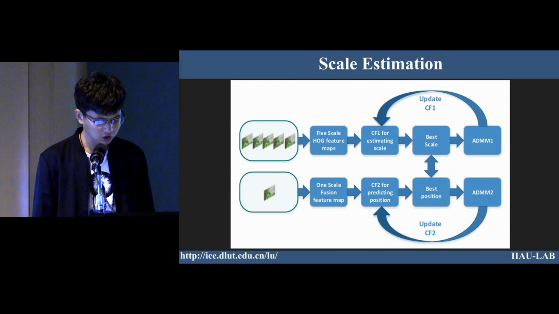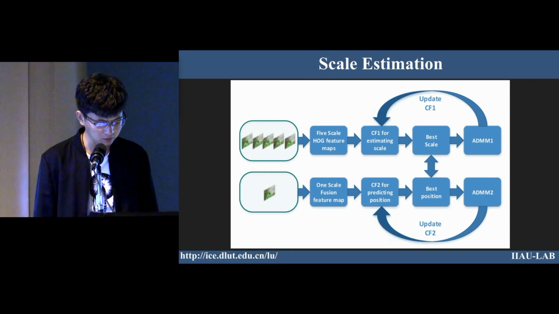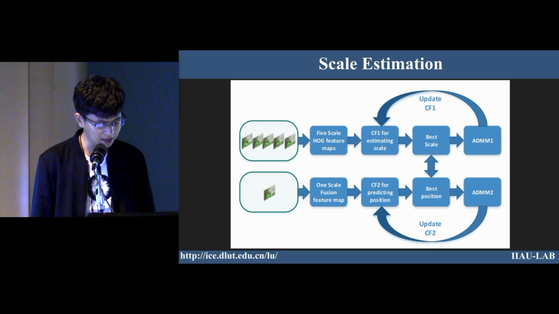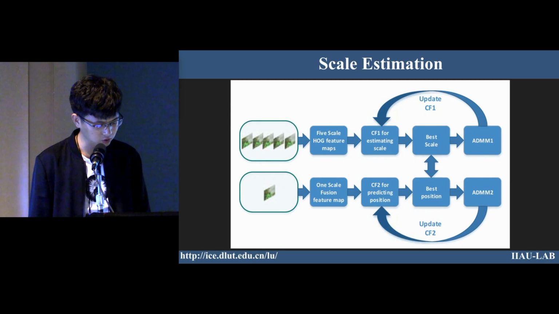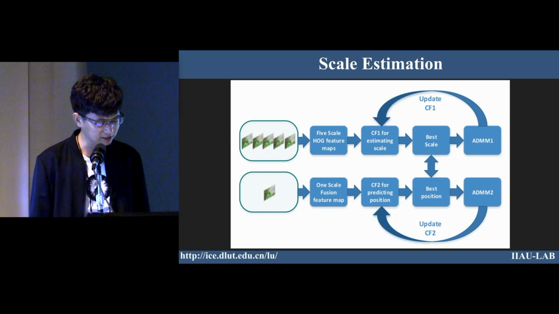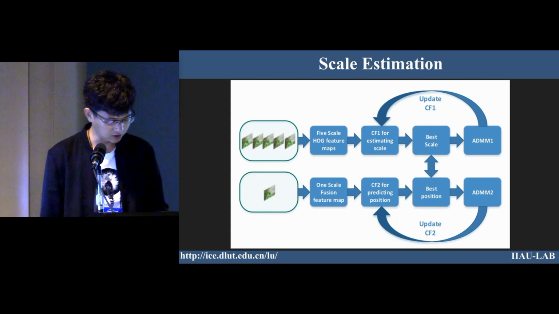For scale estimation, the previous CF-based trackers usually applied the learned filters on multi-resolution of the search region to estimate scale changes. However, it is very time-consuming to extract multi-scale deep features. In this work, we attempt to learn two CF models. The location CF model is trained on a sum of deep features and shallow features, using adaptive spatial regularization. Although the extraction process of this CF model is time-consuming, it mainly requires to be extracted on one scale during the tracking process. The scale CF model is trained on the shallow features.